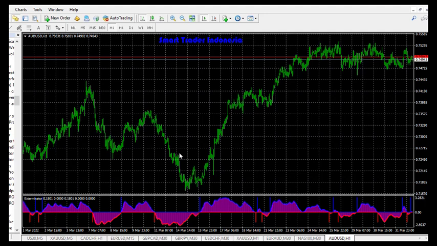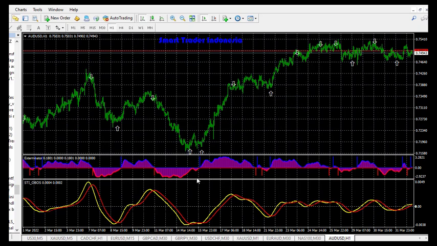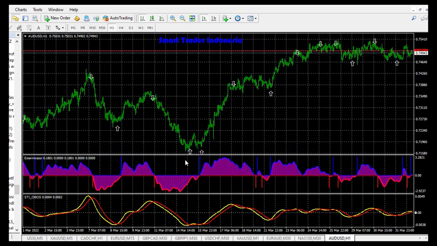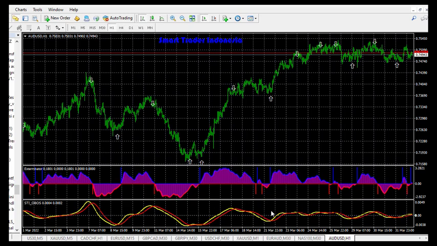And the other indicator I'm going to add is STI Obos. Okay. Let me add it to my chart also. But in this case, now let me do the first way. And here it is. You have the two indicators, but most of the time I don't actually want to see